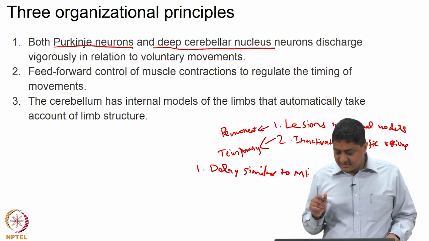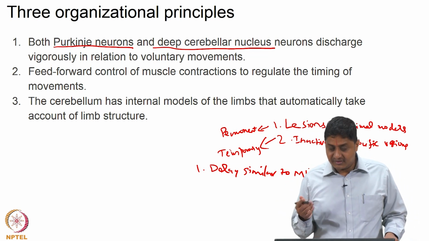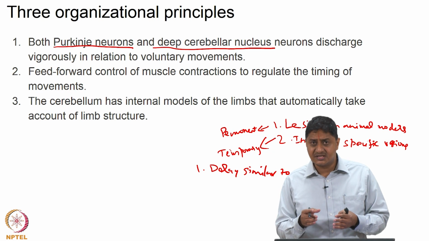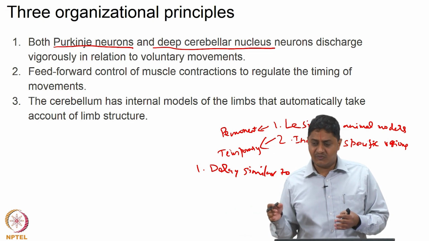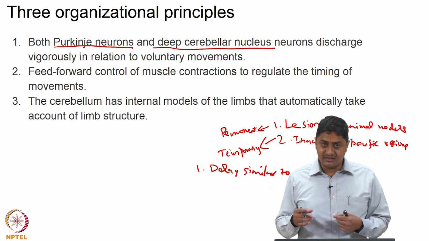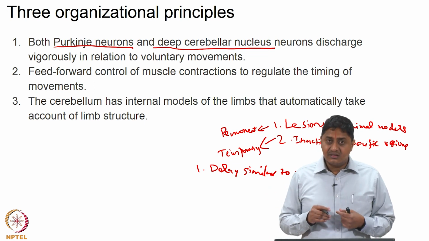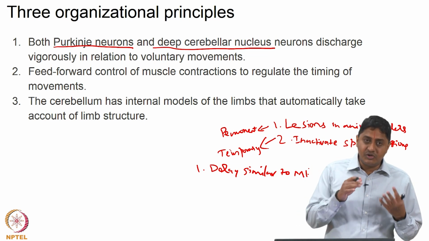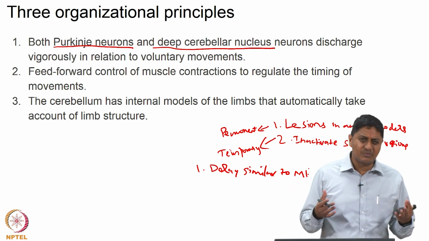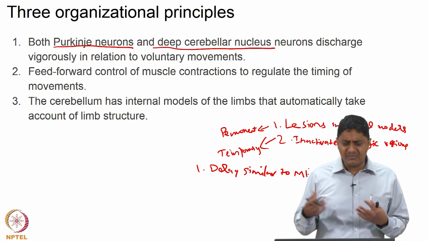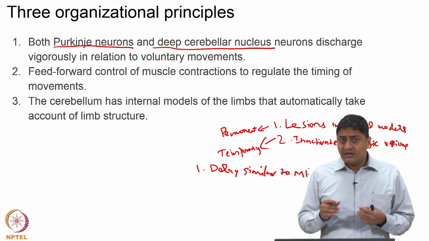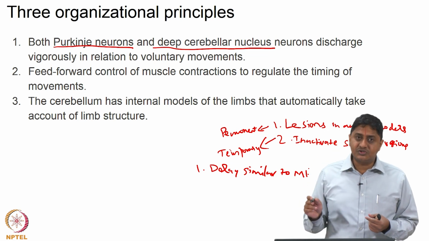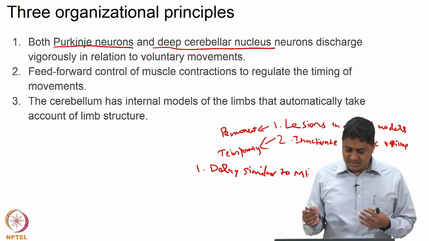However, here I am saying that the time delay between the activity of these neurons, the Purkinje neurons and deep cerebellar neurons, and the voluntary action or the muscle activity, is similar to the delay between M1 neurons and muscle activity. This is about 100 milliseconds, give or take, or maybe even a little less. That is surprising, because cerebellum must project to some other motor area and then project to the spinal motor neurons and then modulate movements,